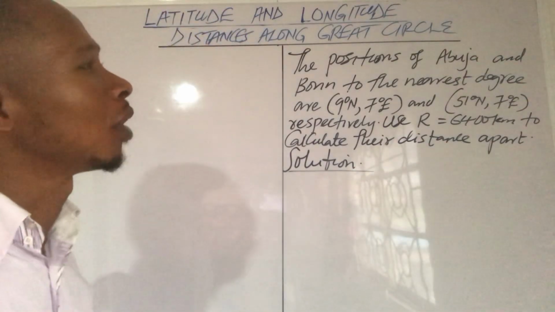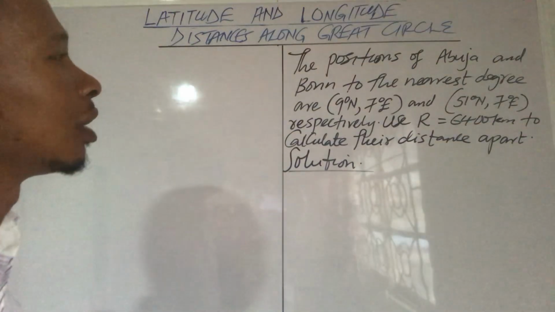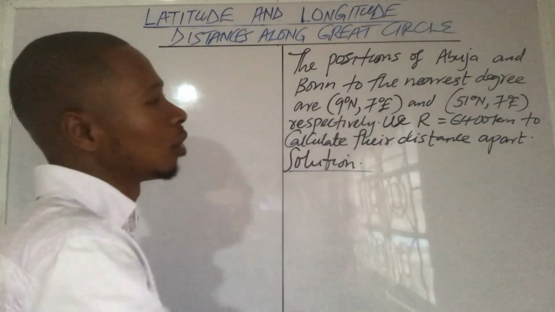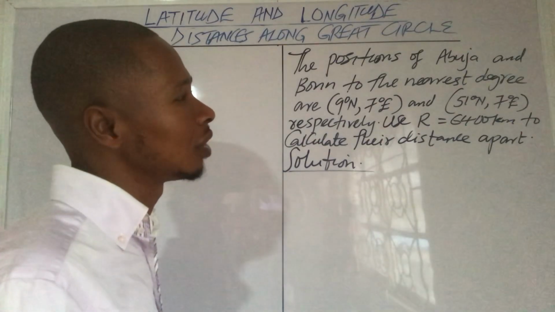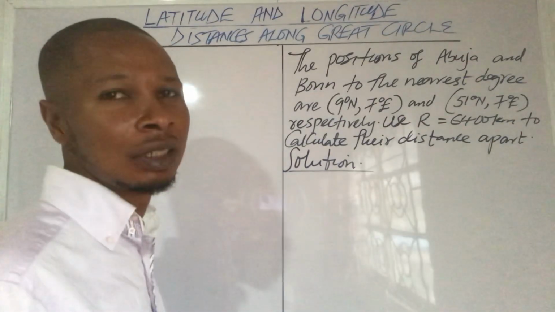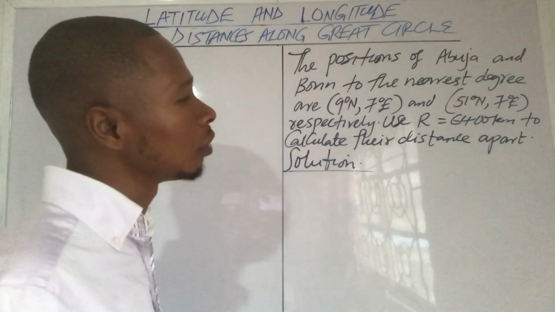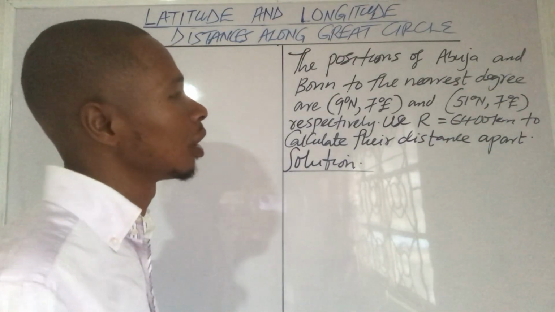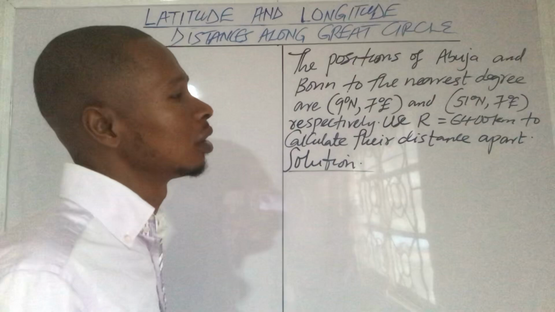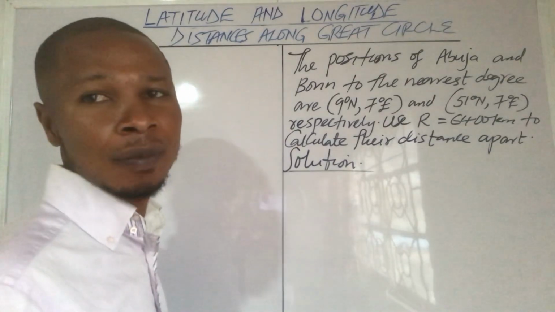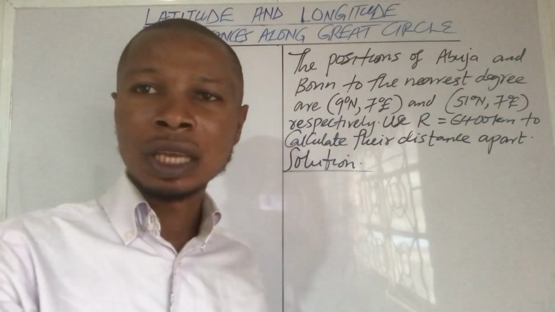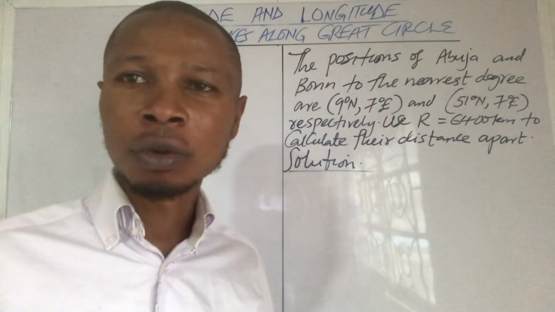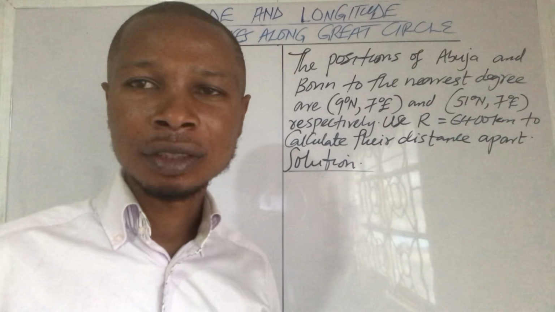The positions of Abuja and Bonn to the nearest degree are 9 degrees north, 7 degrees east, and 51 degrees north, 7 degrees east, respectively. Use R equals 6400 km to calculate their distance apart. Before you can solve this question, you need to first draw the earth and locate the places. Get your angular distance and